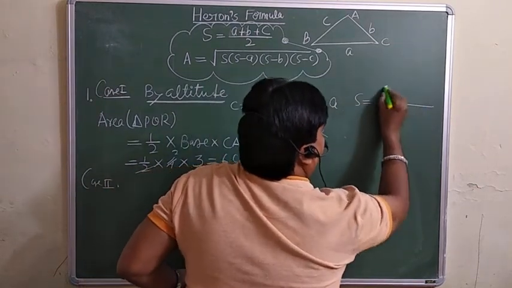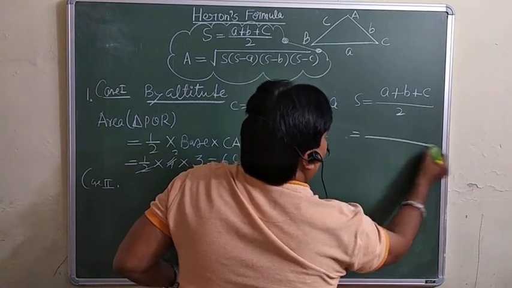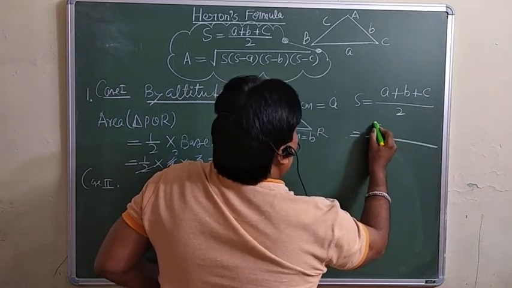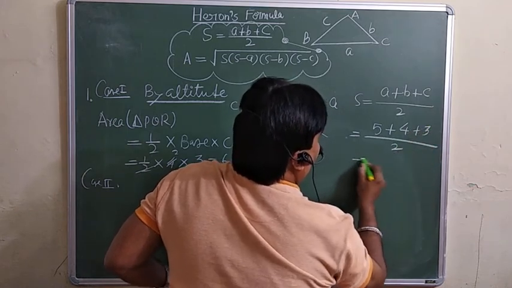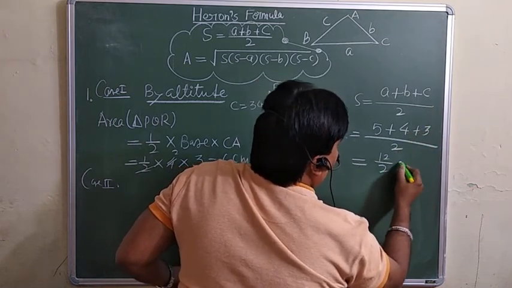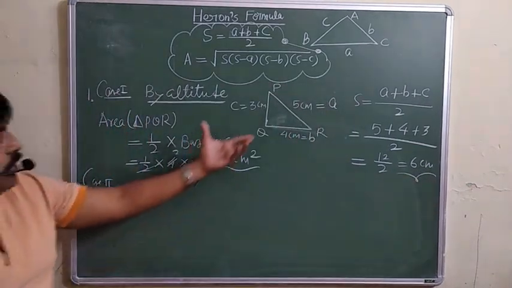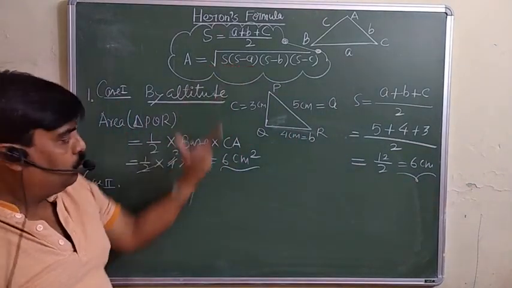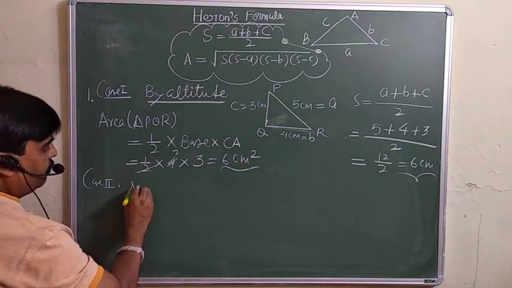That is (A plus B plus C) by 2. So what is your S? A is 5, B we have taken 4, plus 3, over 2. So this is 12 over 2, equal to 6 centimeters. So your semi-perimeter is 6. Now you can apply this formula. You must get the same answer here. Same answer. So now the area will be equal to,